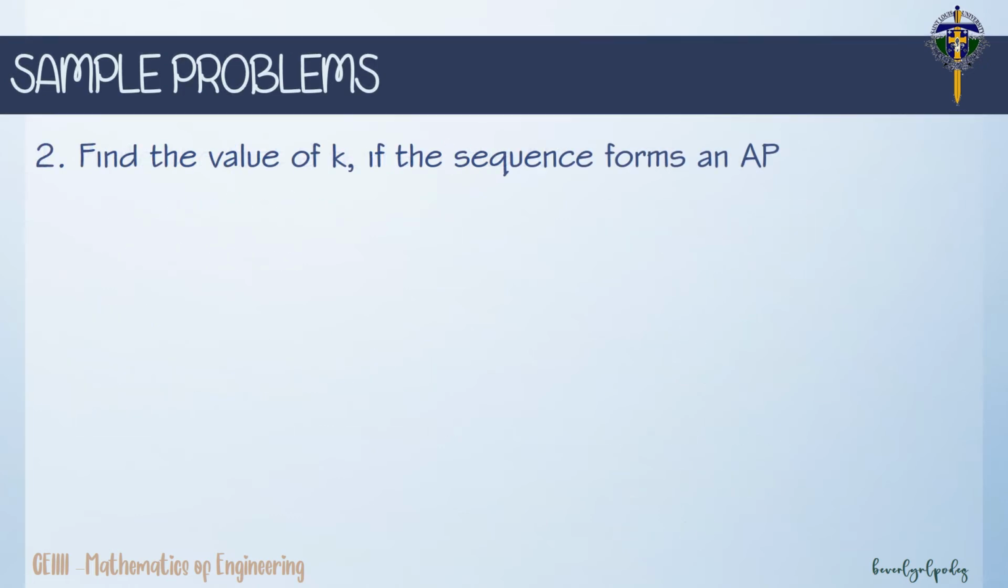Second problem, find the value of k if the sequence forms an AP or arithmetic progression. So 17, k, and 29, we are to find the value of k. So given,